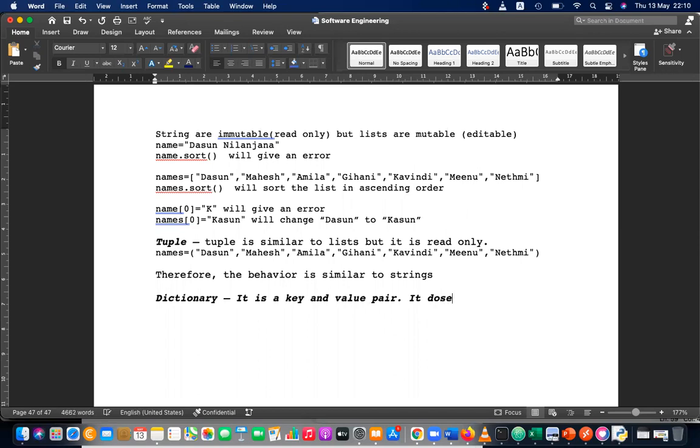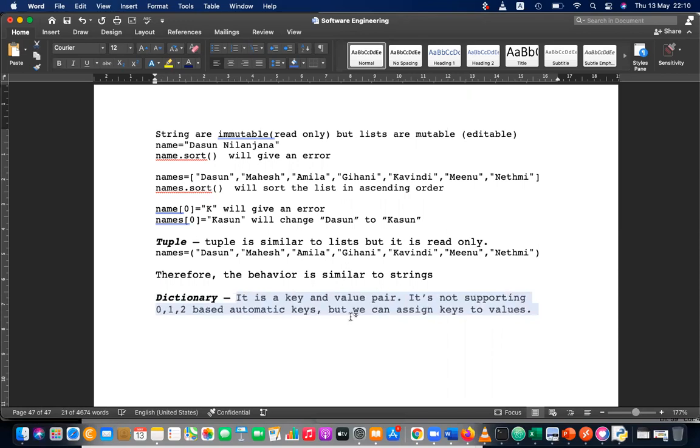It's not supporting 0, 1, 2 based automatic keys, but we can assign keys to values. What is that? We can assign keys to values.